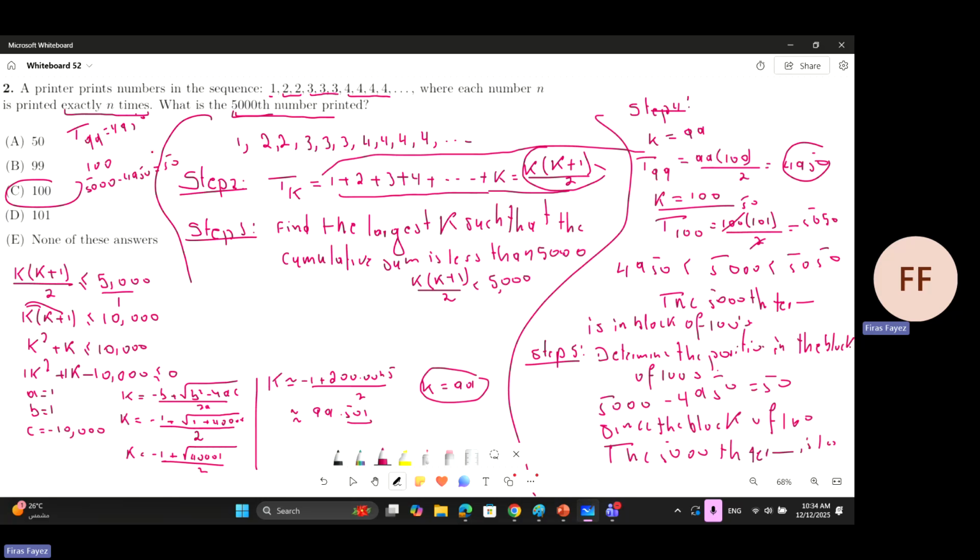Right, okay. The block of 100 contains how many? The block of 100 contains 100 identical terms, meaning all are 100. So the 50th term in this block is 100. Thus, the 5,000th number printed is what? It is 100. Thank you, guys, and have a nice